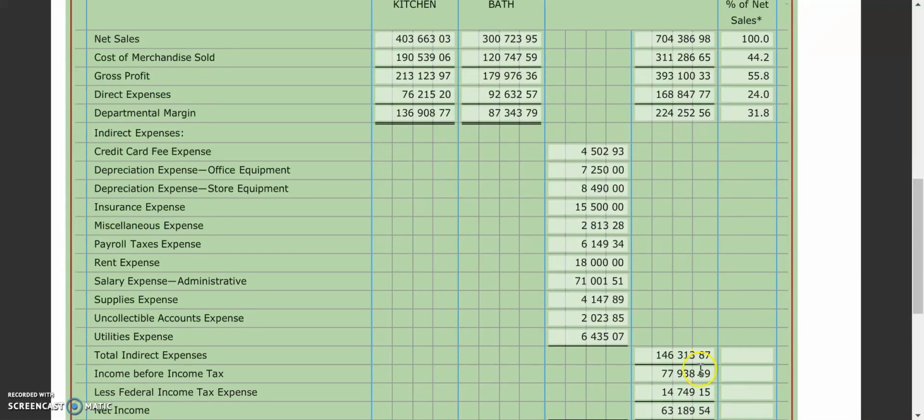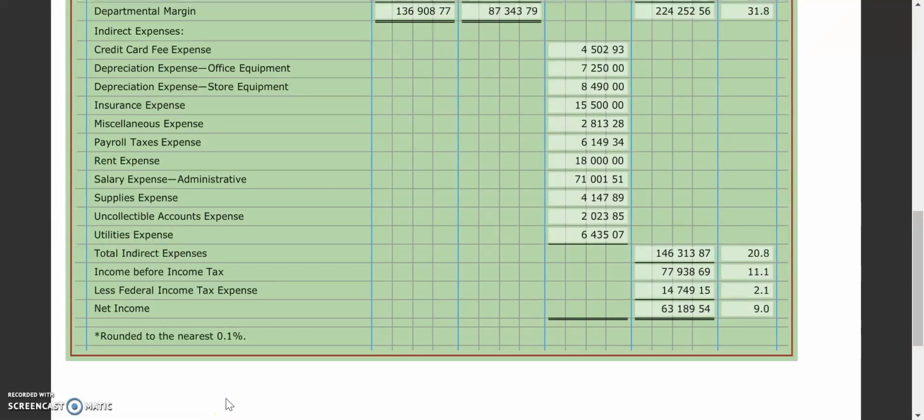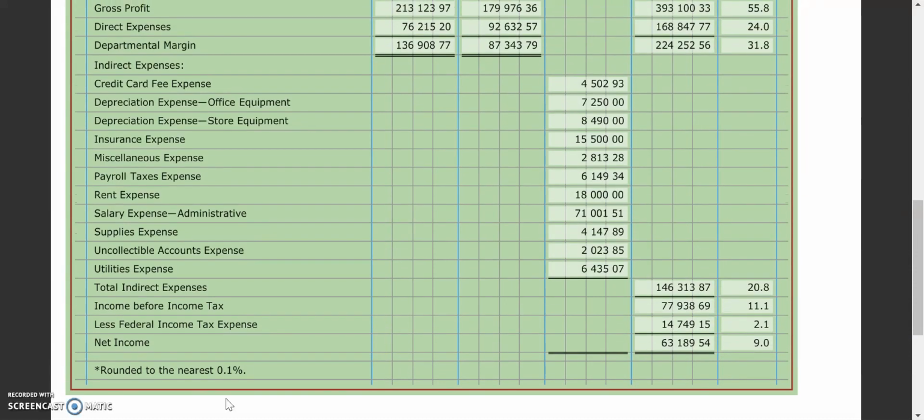And then we come down to total indirect expenses. So remember, only anything that's in column 4. So 146 divided by the 704, we get 20.8. And then for our income before income taxes is 11.1. Federal income tax is 2.1. And our net income is down to 9.0%. So again, just make sure you're rounding to the nearest 0.1% as it says here, so you don't get those mixed up. So that is part 1. We did the income statement in part 1. We'll head over to part 2 to do our next financial statement, which is our statement of stockholder